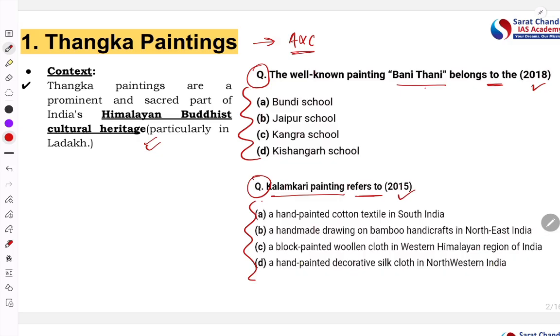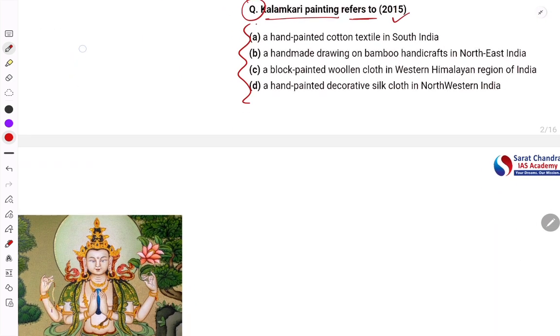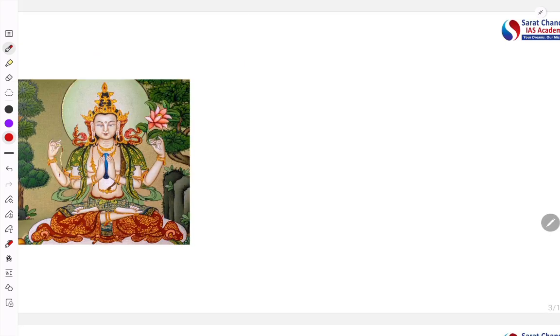So you're getting an idea of what UPSC is asking and why covering such current affairs becomes very important for us. We can't leave it. We have to cover which state this Thangta painting belongs to, which school, and what the key features are. In coming years UPSC can ask which state the Thangta painting belongs to, or they can give some statements. So this way this particular article becomes very important. Let's cover this Thangta painting in a holistic manner.